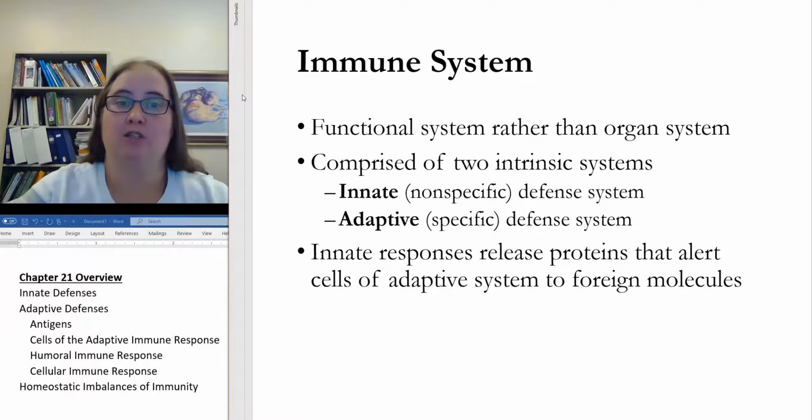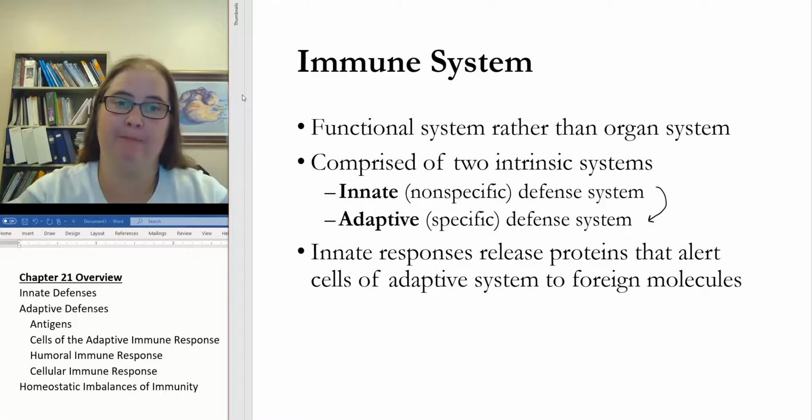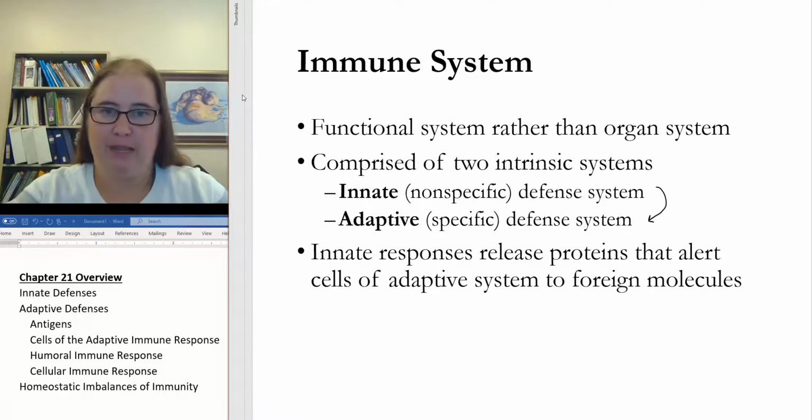Okay, so the innate responses release proteins that alert cells of the adaptive to these foreign molecules. So you can kind of think about it as the innate is going to warn the adaptive of the impending danger. Okay, now, as we move through the lecture today,